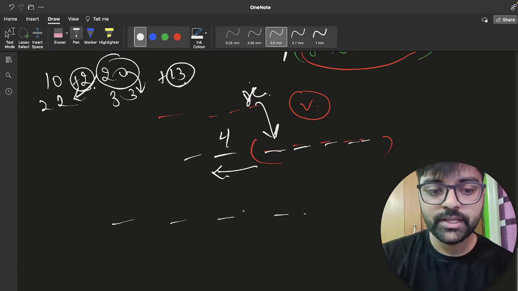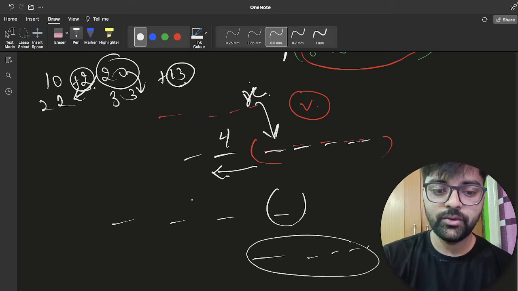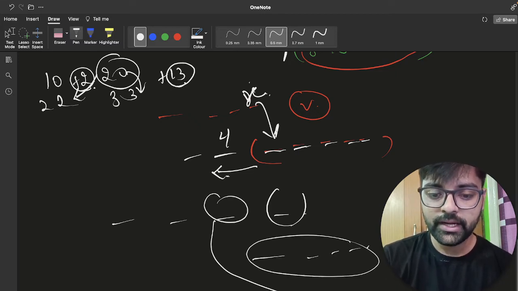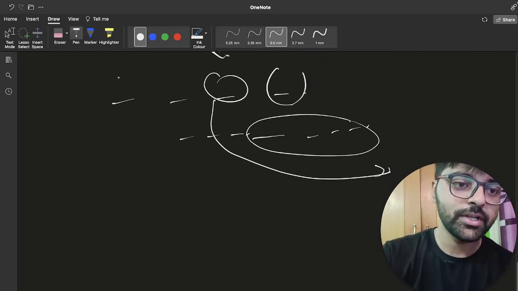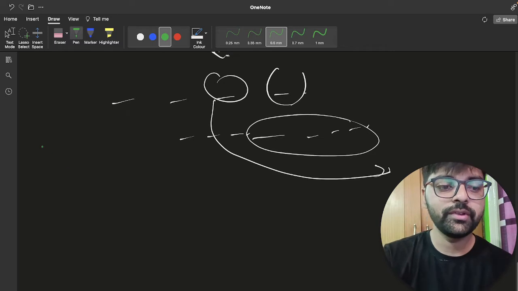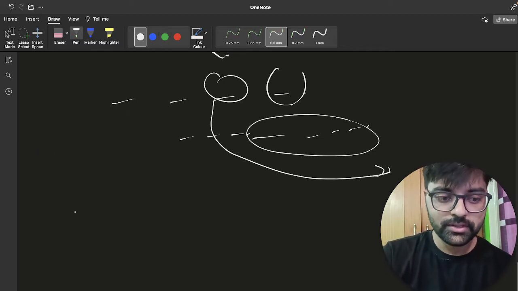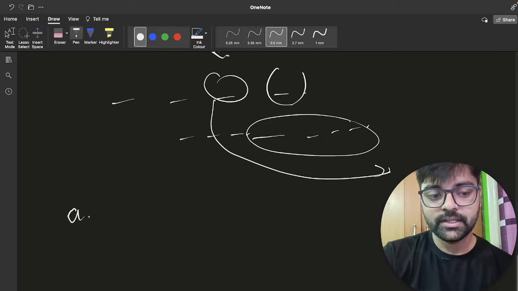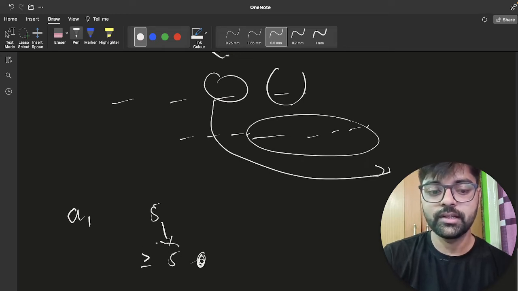So it is given that, let's say this value can be made this value, then this value can be made this value, and there can be left side. Now this was observation one, like we will have to look on the left side. Observation 2 is that every element, let's say a1 or 5, can only be made greater than or equal to 5.